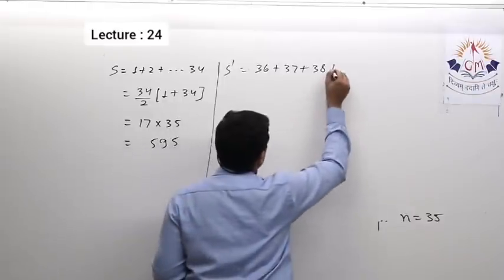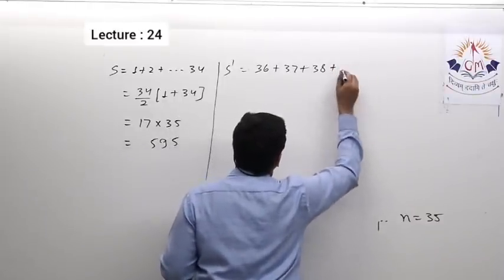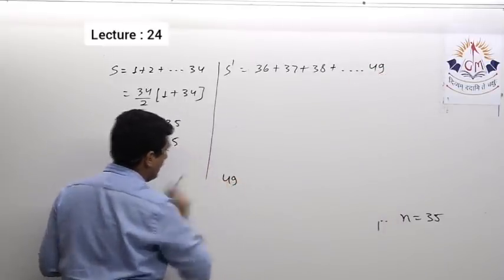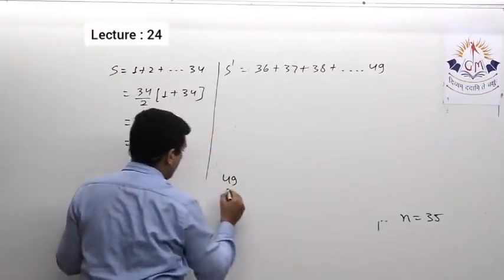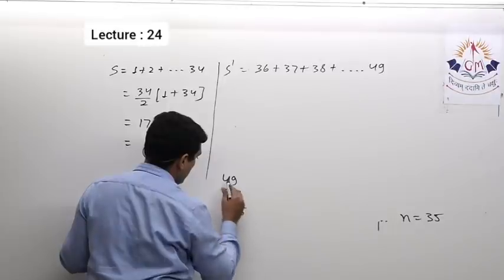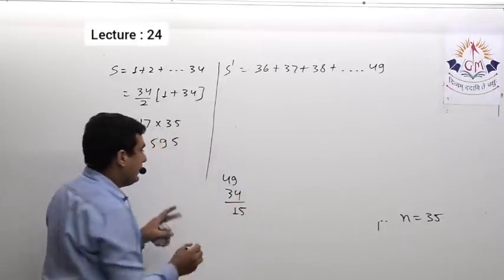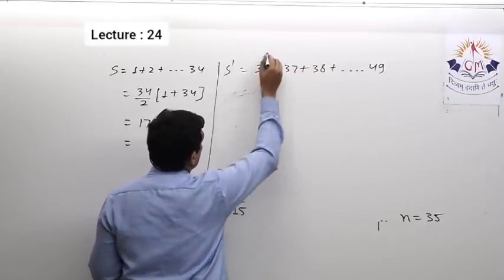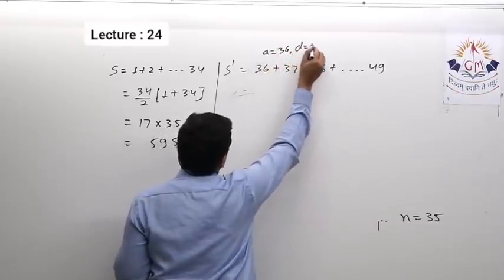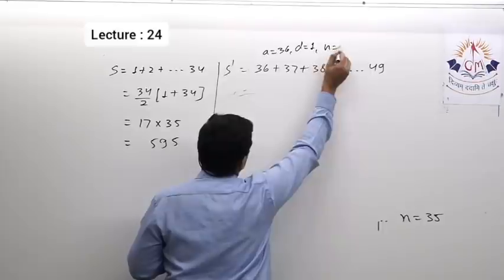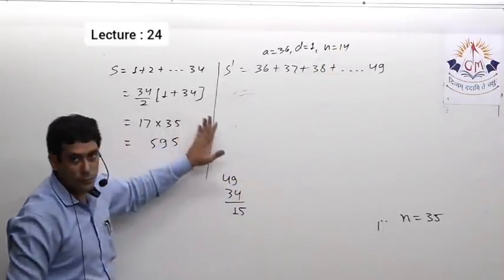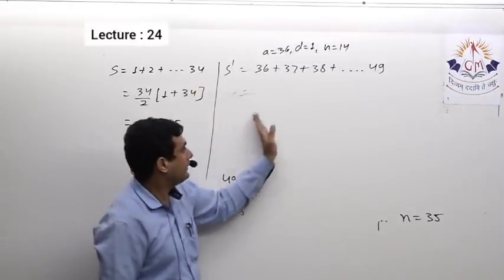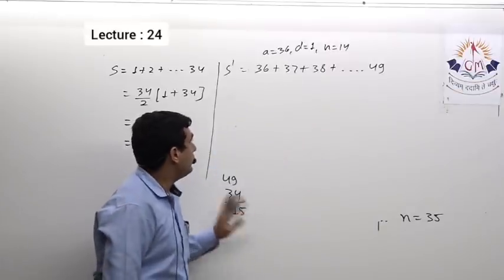Okay, up to 49. So how many terms are there? The total are 49 terms. Now if we subtract these 34 terms, then 15 terms left, and 35 is also excluded. That means these are the 14 terms. So here A is 36, isn't it? D is 1, and number of terms are 14. There are 14 terms because total 49 terms, 34 we added over here, 35th is that particular house number. So after 35 up to 49, only 14 terms left.